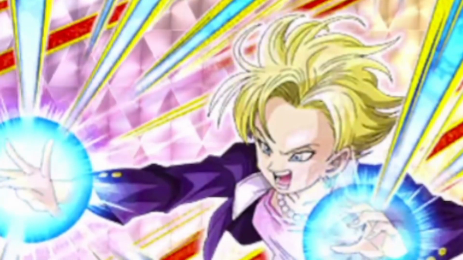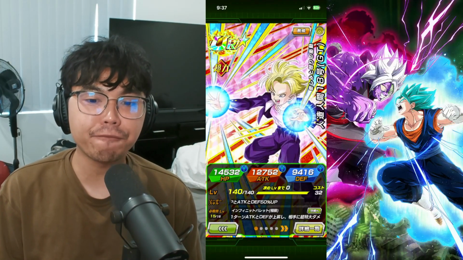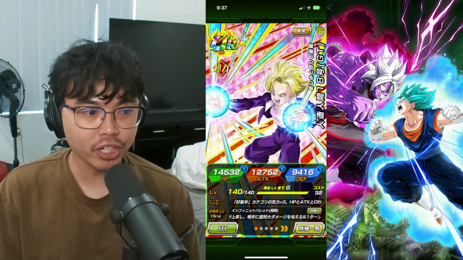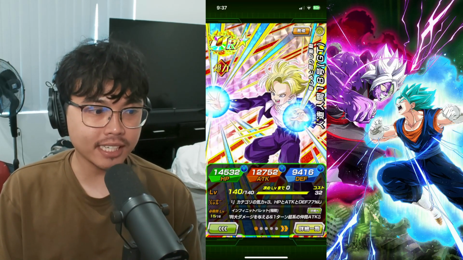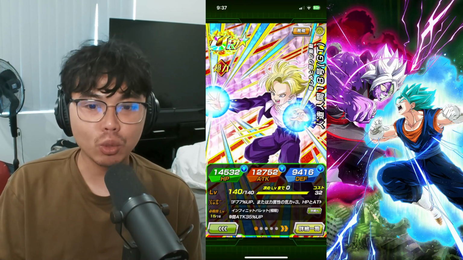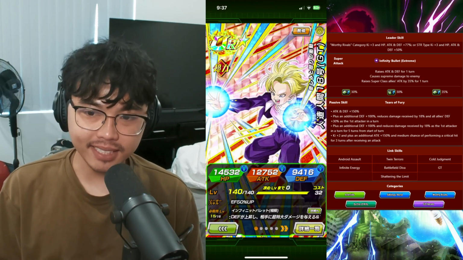So in today's video, we're going to be showcasing the newly EZA'd STR free-to-play GT18. Dokkan has designed her EZA to be a first slot attacker only, so we'll see how good she is in that position. First of all, her stats are 14,000 HP, 12,000 attack, and 9,000 defense. Pretty good stats there. She's a worthy rivals leader for 77% and 3 key, with a sub-leader of STR types